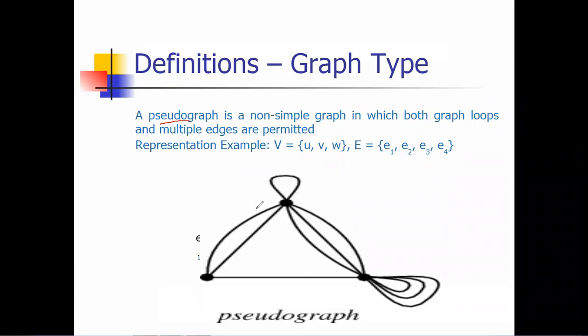The representation of both is almost the same. Multiple edges are given. Suppose this is vertex v1 and this is vertex v2, connected by different edges. This is the first edge, e1, and this is the second edge, e2. Both are connected using different edges, but there is also a self loop. v1 connected to v1, or v2 connected to v2, is called a self loop. So in a pseudograph, a self loop is given. I hope everyone is clear on the concept of these two parts. Now we move further to the next part.